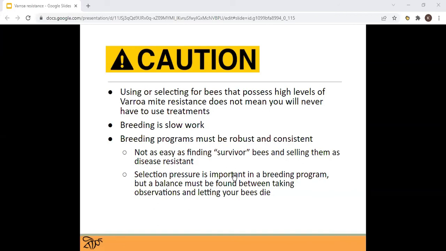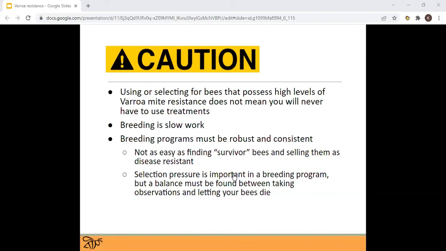And I can't stress enough how wrong that is. That will not and does not result in any sort of meaningful progress towards pest and disease resistance. In fact, it can come along with a lot of major negative consequences in terms of spreading pests and diseases. We live in and operate in an industry where we're on top of each other with our colonies, and our